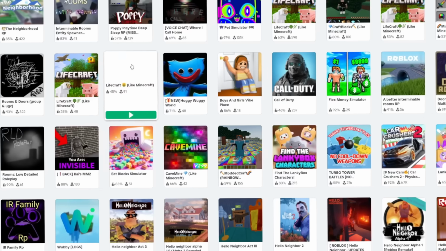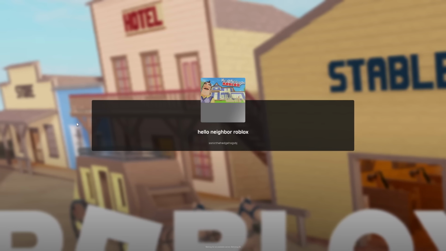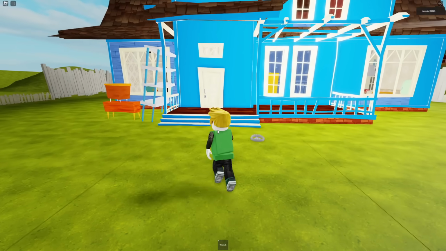It's taking a little while to load. You know what? Let's just try a different game. Hello Neighbor Roblox. Loading in, we are in the world of Hello Neighbor in Roblox. We have a wrench, or do we? It's invisible. Looking around, we can walk through doors,